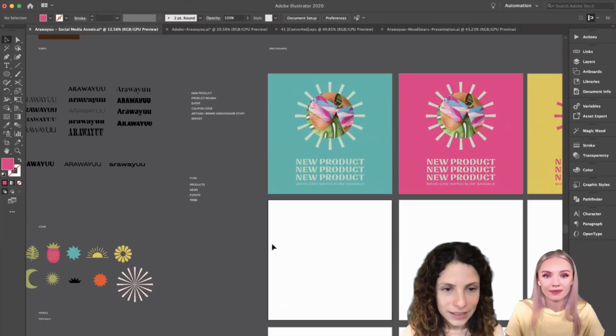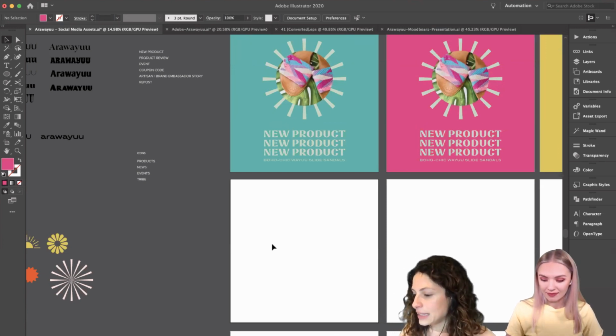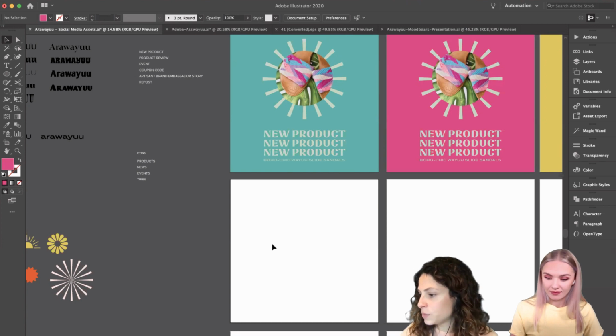Okay, there's a question here. For really small image sizes, do you have to export in JPEG or PNG? Do you have to be under 40 KB or something?